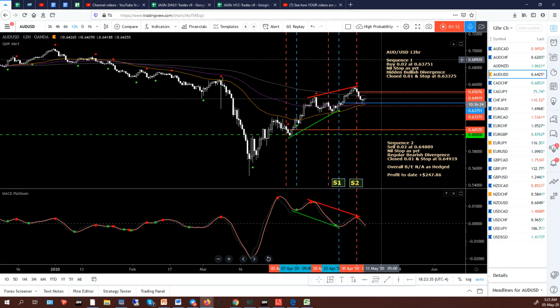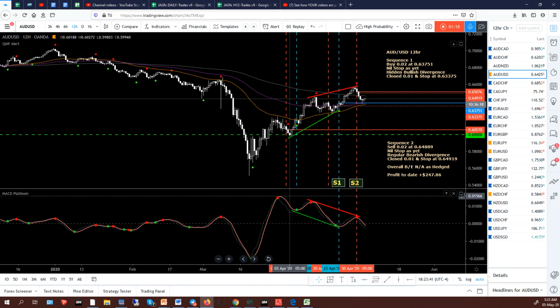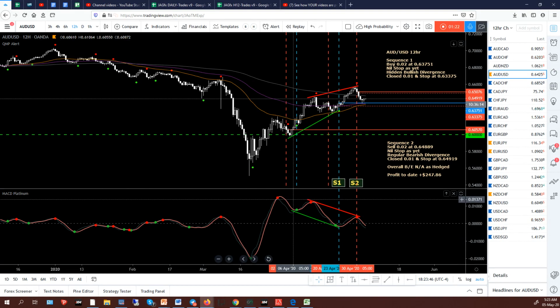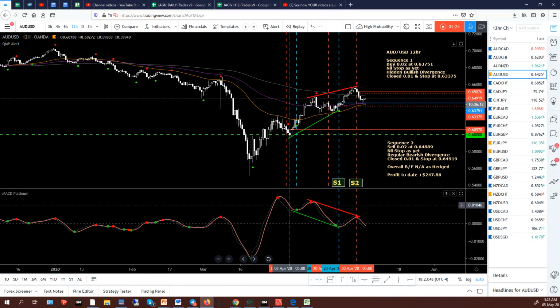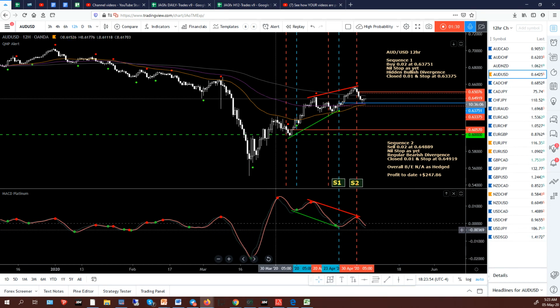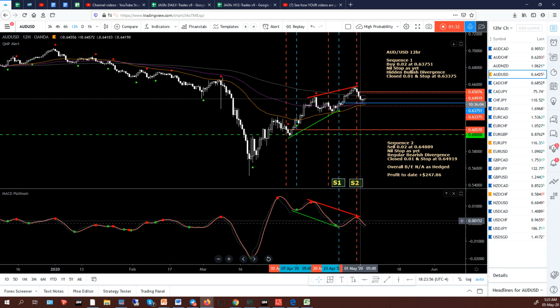Now what I did this morning: basically this bottom indicator is the MACD Platinum. It's a zero lag MACD. I'm looking for sell trades if it's above the zero line, which is this grey dotted line, and I'm looking for buy trades when it's below the zero line. When it transfers through the zero line, like it did in the last 12 hours, then it's time to take some action on any open trades if I'm in profit. So